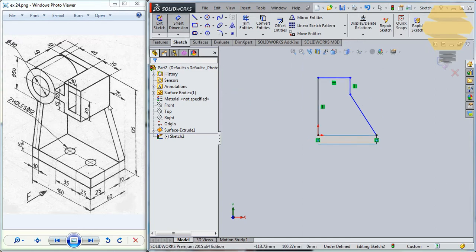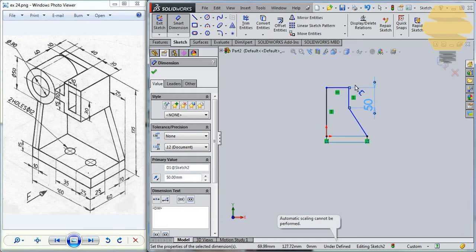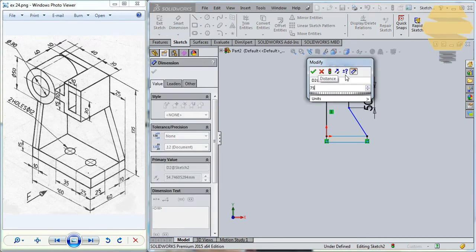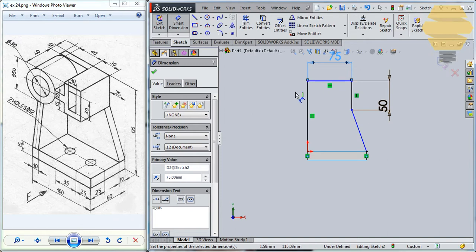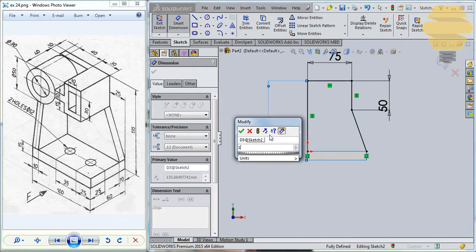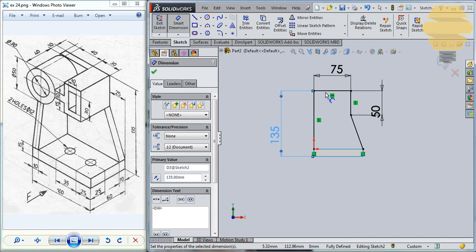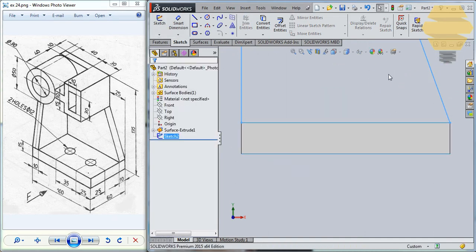Smart Dimension, this length will be how much? 50. And this length will be 40 plus 5. So this is like half of this, right? So this is 10, which means this is 5. And we are assuming that the same line is running here, so we assume it as 5. 5 plus 45, 75. So this is 75 here, and the overall length from the top to the bottom is 135. Alright, now we have a fully constrained sketch. Let's exit that,